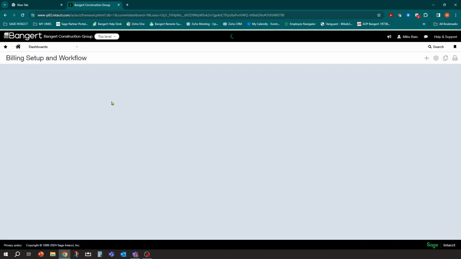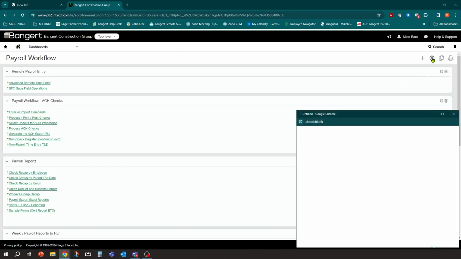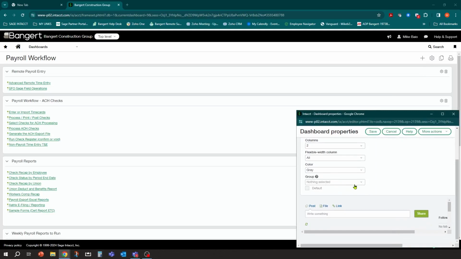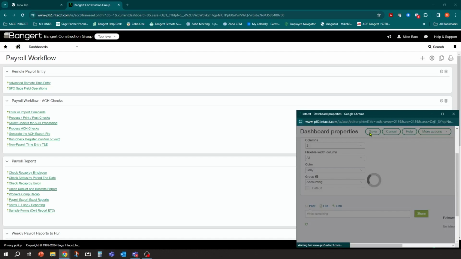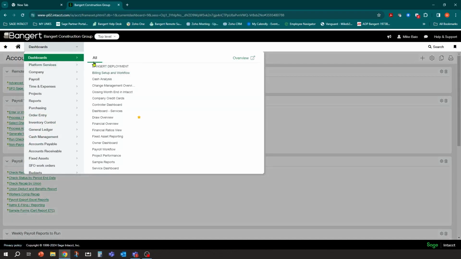So we're going to go into our payroll workflow dashboard, and I'm going to hit my wheel again. And now I can do a couple things. I can select the accounting group, or I can create another group. So in this case, we do want this to be the accounting group. Click Save. And I can go back to my main dashboard screen. Now, if I go ahead and refresh here,